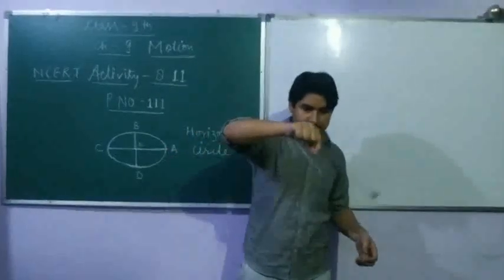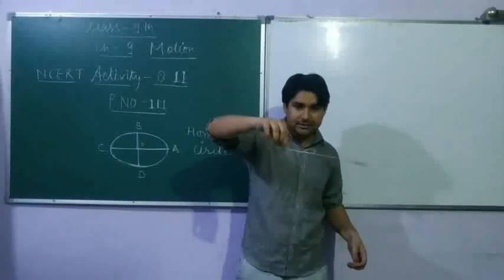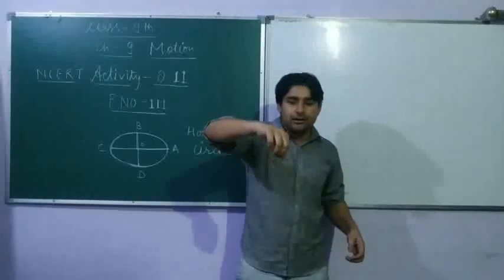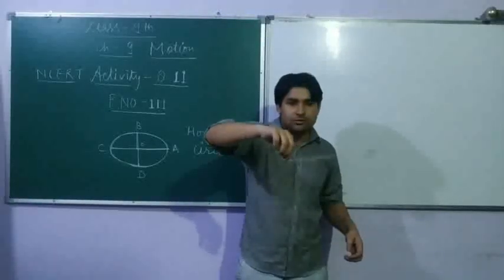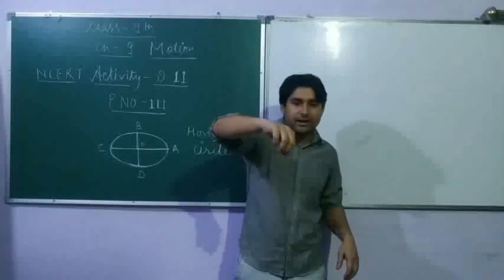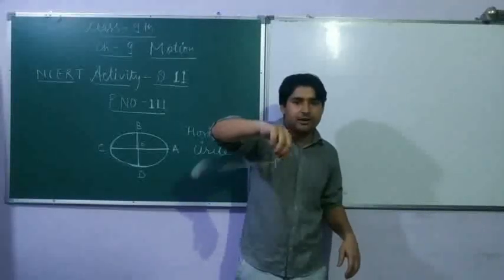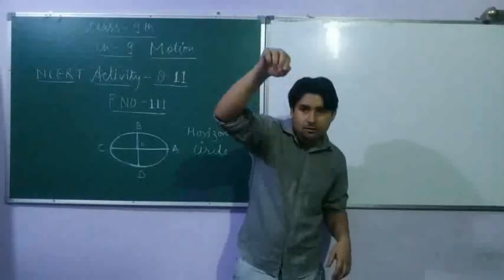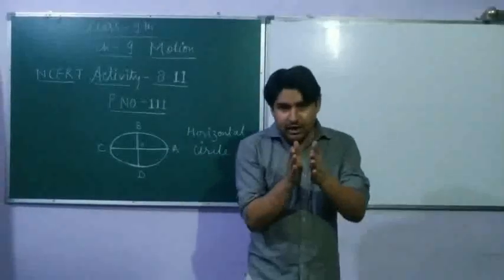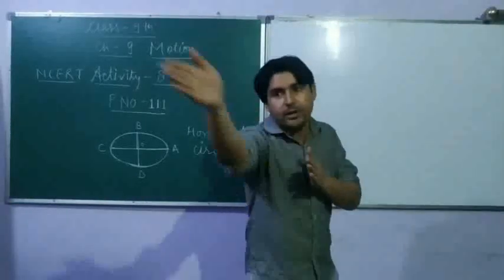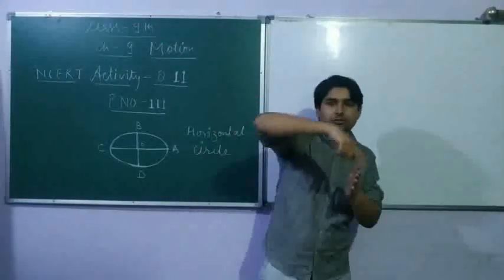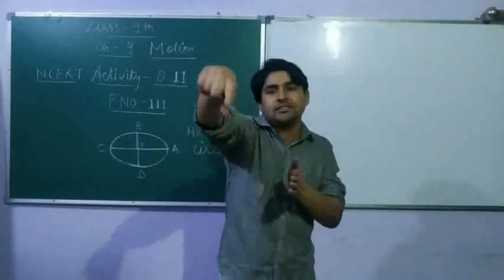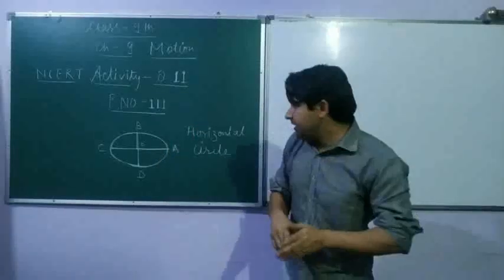I am rotating this object like this in the circle, and now I will release it at some point. It is approximately moving with constant speed. So now look at this. When I release it at a certain point, where will it go? Now I am releasing it. The object just moved in this direction. When I was rotating, at this point it just moved in this direction, as you see.